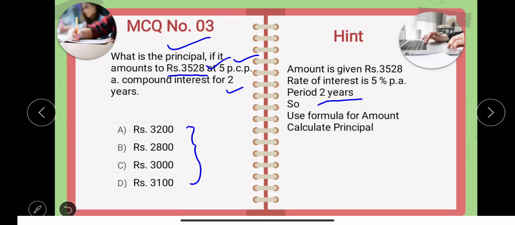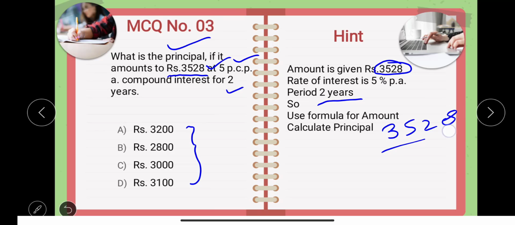So 1.05 bracket raised to 2 will be 1.1025. So this value of the bracket will be divided on the left hand side, and the value of the amount is 3528. It means it will be